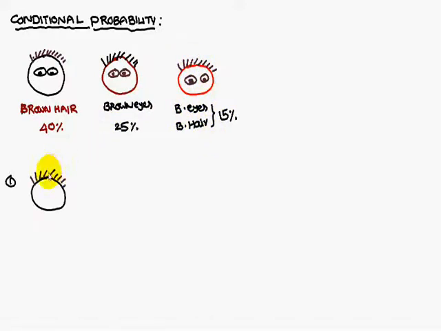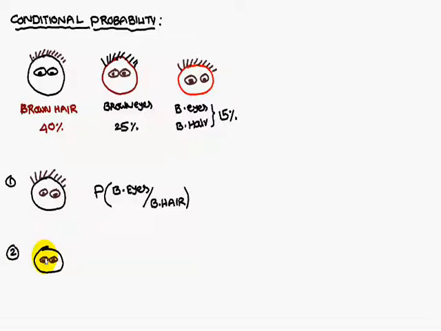Now my problem is, if a person is selected from the class and he has brown hair, what is the probability that he has brown eyes also? Mathematically, first the person should have brown hair, next the person should have brown eyes. This is the criteria. Then what is the probability? The denominator event should happen first, next the numerator event should happen.